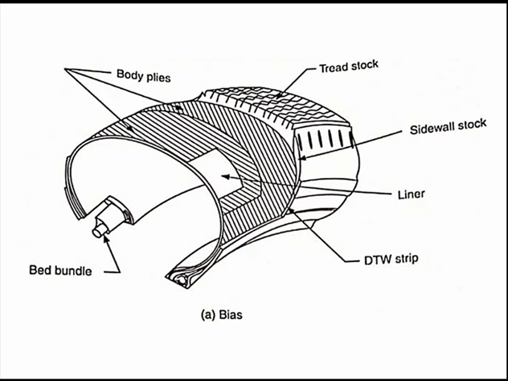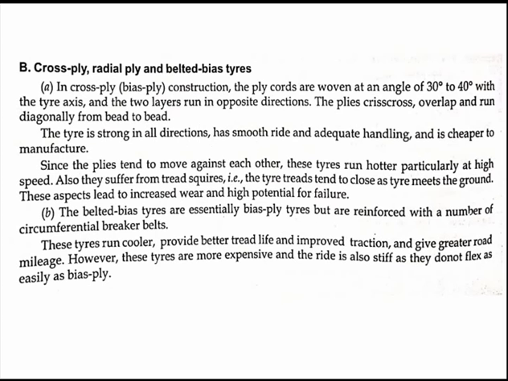So here in the cross ply or the bias ply, you can see that these black lines are the metals actually, metal wire, which has a plastic compound over it. Right. Now, according to this cross ply, we can see that the tire is